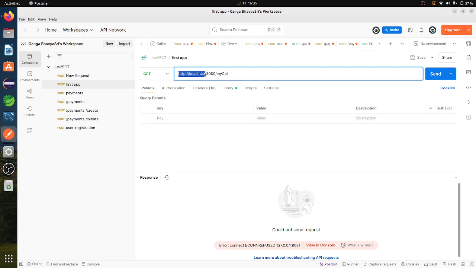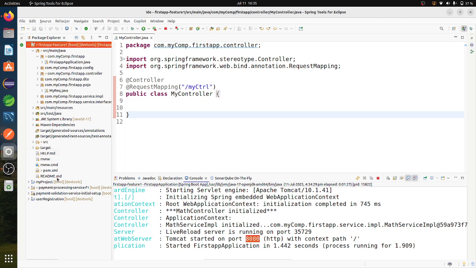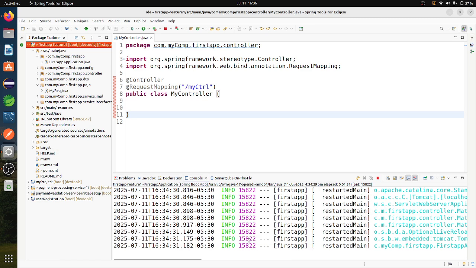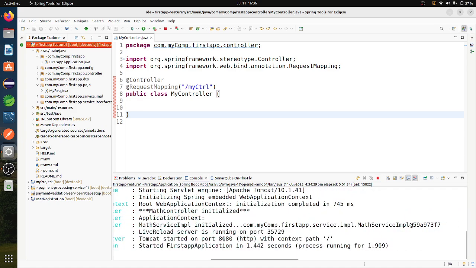And this localhost is saying in my system. Localhost means the system where I build the application. So in which system that you build the application, we will say that it has a localhost. That means your computer. And then we have to mention the port number. After running the application, here we can see the port number. Whatever the port number it is giving, that means on that port it is running the application.